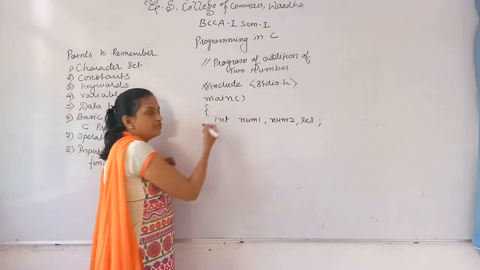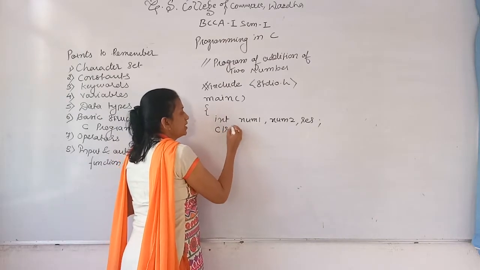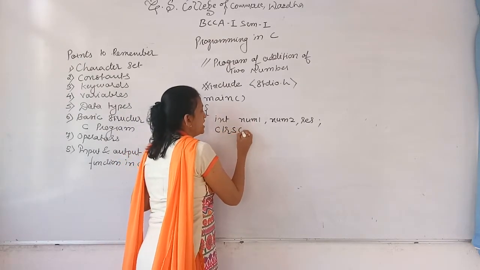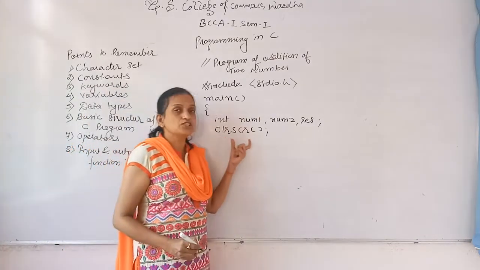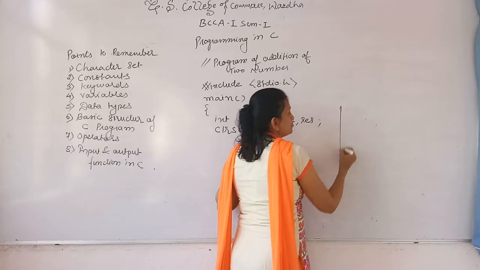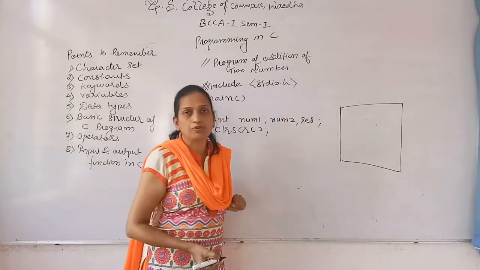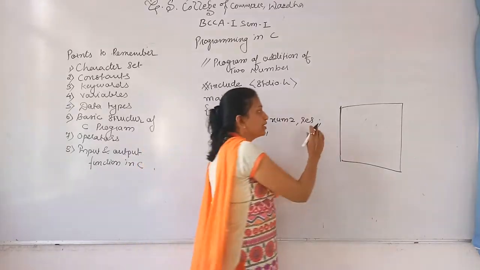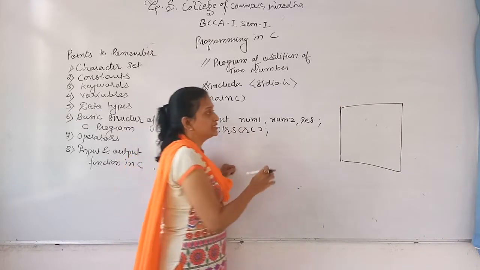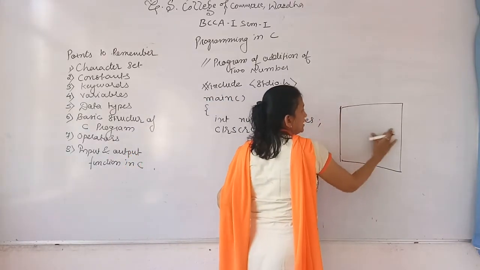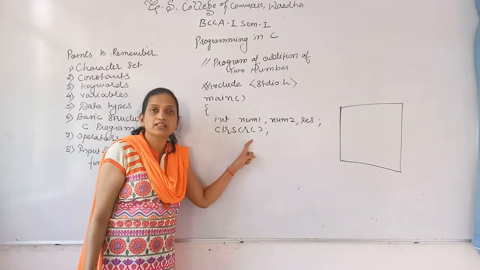ओके, नाउ after declaration make one habit that always include this function, CLR SCR. Why we are using this function? Because this function, देखिए जब आपका आउटपुट स्क्रीन है तो इस स्क्रीन में अगर प्रीवियस प्रोग्राम का कुछ आउटपुट्स होगा या फिर कुछ और लिखा है, तो आपके प्रोग्राम का आउटपुट क्लियरली दिखे, इसके लिए वो पूरी स्क्रीन क्लियर करेगा. ओके, सो CLR SCR function is used to clear the screen.